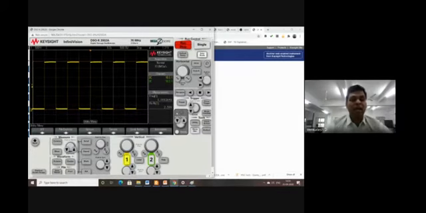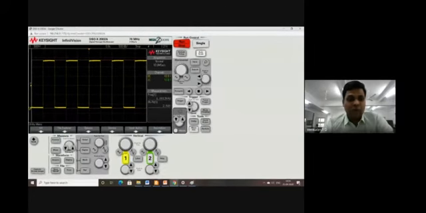Now I have given a test signal to the input of channel 1, and channel 1 is selected. You can see this channel 1 is selected, and if I select channel 2, since I have not given any input to channel 2, I couldn't see any signal from channel 2. And the channel 1's measurements are seen here.